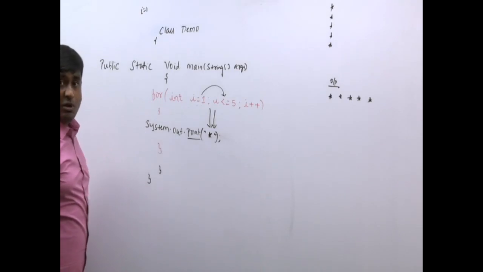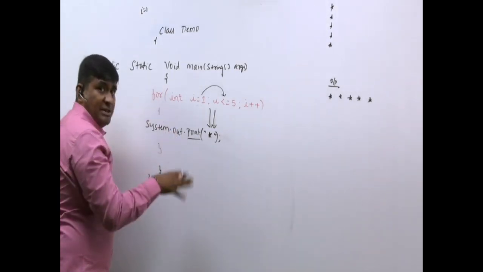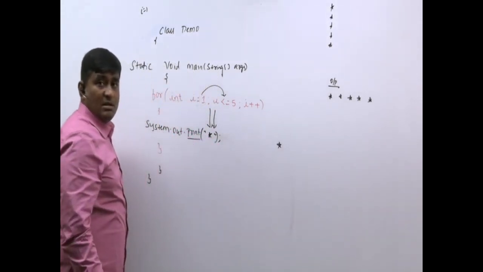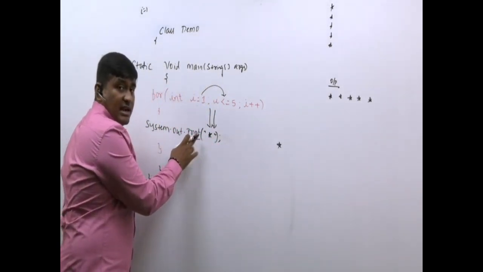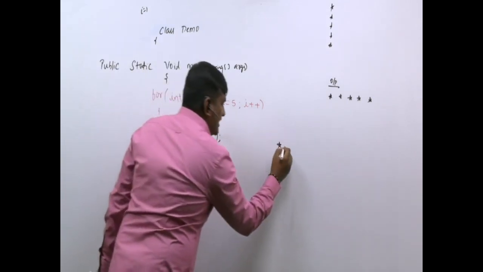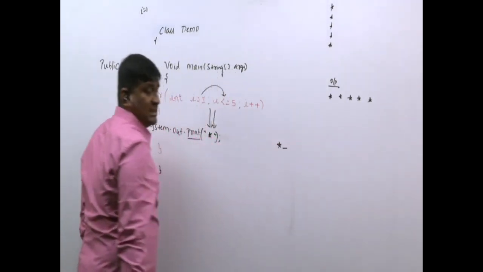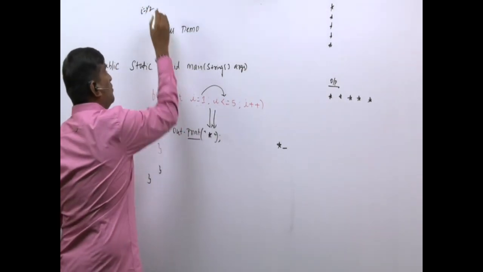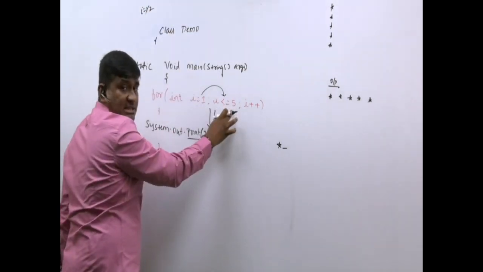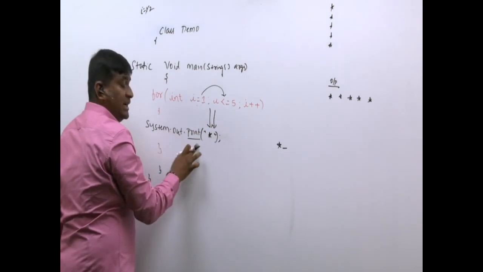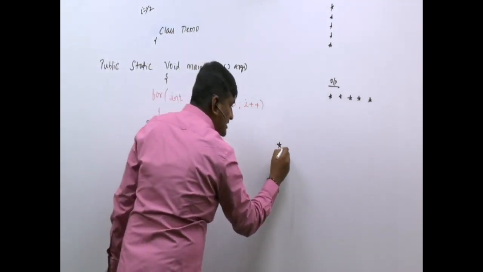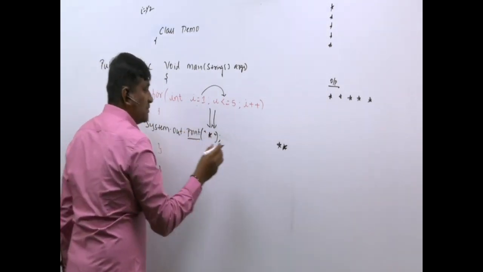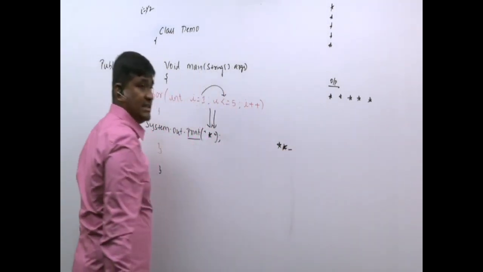System.out.println or System.out.print, both of them will print only. What will it print? Star it will print. Since you have written print, the cursor will not go to the next line. Rather, the cursor will be in the same line like this. Now again, increment, I value will change from 1 to 2. Is 2 less than or equal to 5? Yes, come inside. System.out.print, it will print. What to print? Star. Cursor is here. Here the star gets printed. The cursor will not go to the next line because you have used print. The cursor will be in the same line like this.